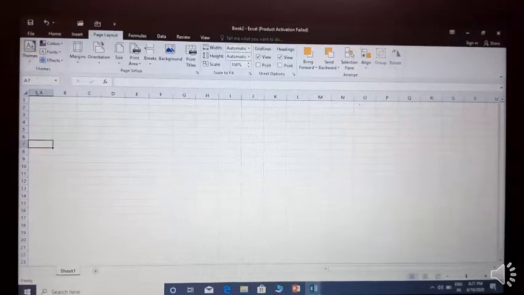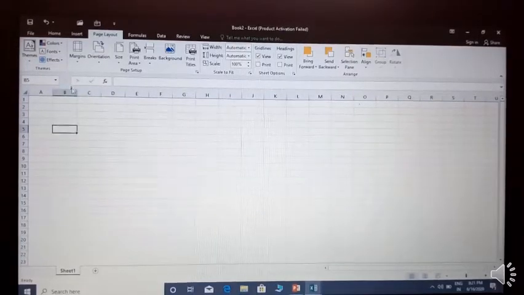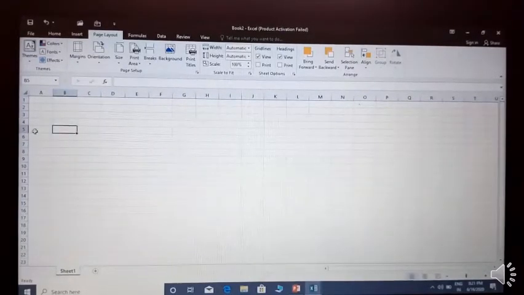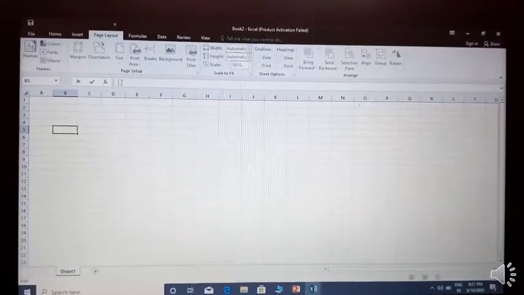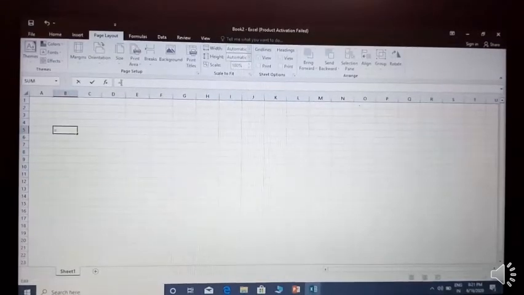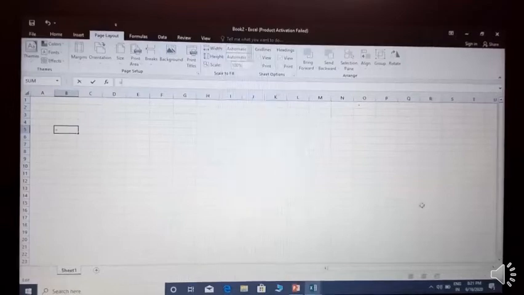This is called your name box, and this cell is called the active cell. Suppose our pointer is here, which cell is active? C2. If I click here, what is the cell? B5. This is the active cell, and this is the most important thing, the formula bar. We write our formula here. If we want to calculate something in our Excel sheet, then we write the formula. We always use the formula with the help of the equals to operator. If you write the equals to, then you can write your formula. I will explain the formula and other things in the next example.